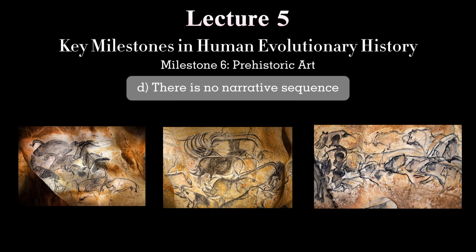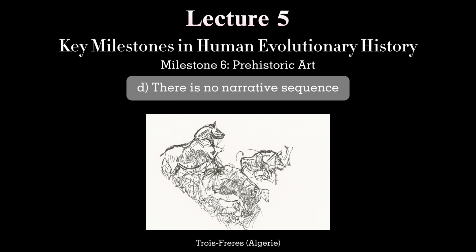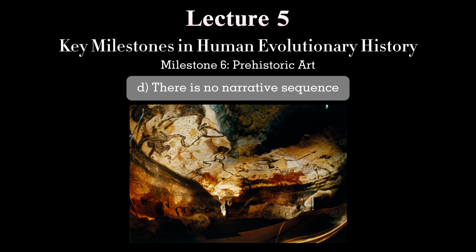There is, in essence, no story being told. Despite the efforts of some researchers to detect narrative sequences, the images lack narratological composition. The vast majority of animal and other images are incomplete, fragmented and interwoven. They often overlap, they are painted one atop another, they appear to be arranged in a chaotic manner, dispersed irregularly